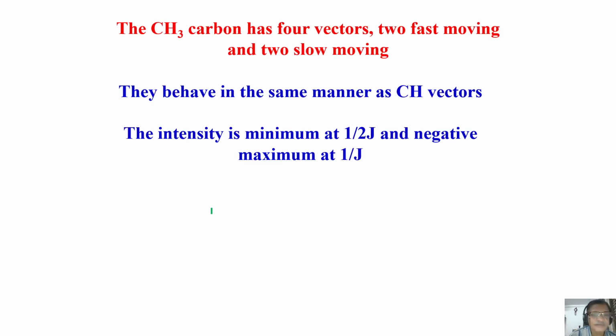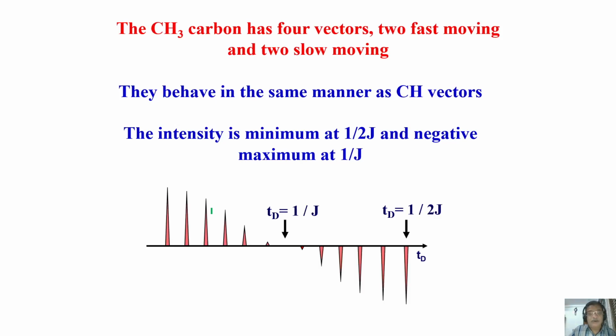What happened to CH3 carbons? No difference at all, because CH3 carbons and CH carbons behave identically. The only thing is CH3 has 4 vectors because it is a quartet. 2 positive components and 2 negative components, moving as faster and slower moving components. So two vectors will be there from the center to the right, 2 vectors to the left, that is 2 lines here, 2 lines here from the center. Again they follow a similar path as CH. You can trace both components and how they are moving. It behaves exactly like the CH vector. If you trace it, it follows a path like this.